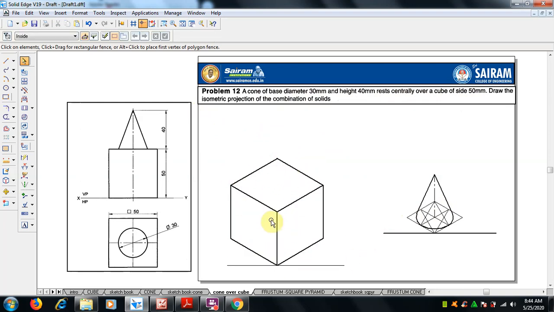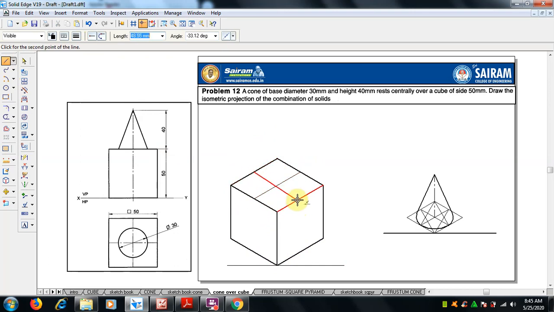Now the center of it, as I said, again find the center of this, midpoint to midpoint. Fine, you can get the center. So in this center, this cone we have to keep it. So select this cone.